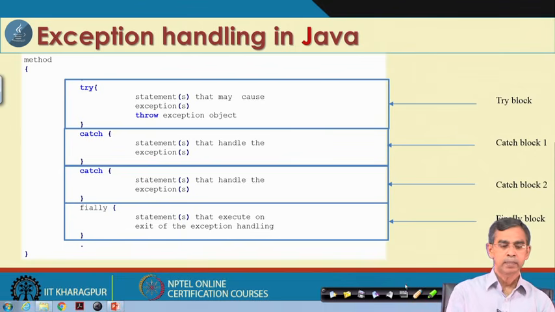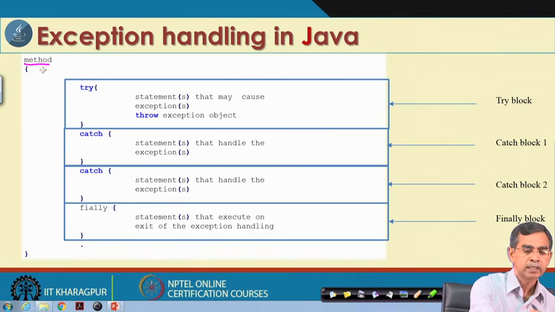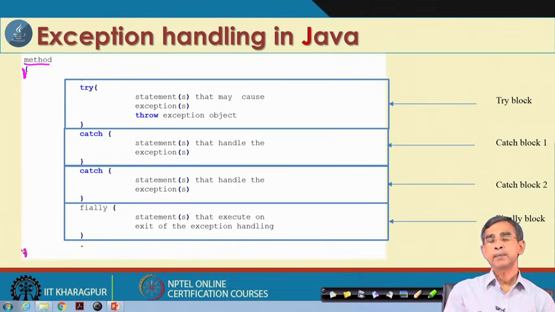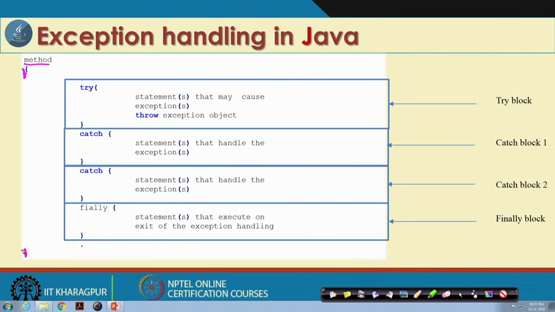So, for example, suppose we are declaring a method, with a beginning of the method and an end of the method. And this is the possible scope of error. As a programmer, we should know that there may be a chance of error. For example, here a user should give an input as an integer, but sometimes the user by mistake can give another type of input. So, we can put in all the checks.